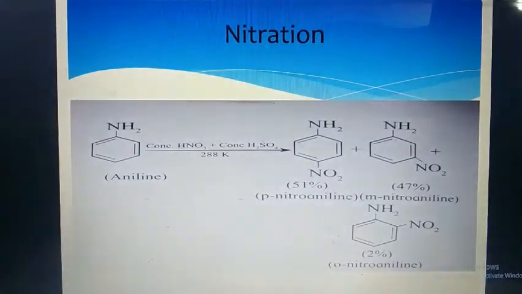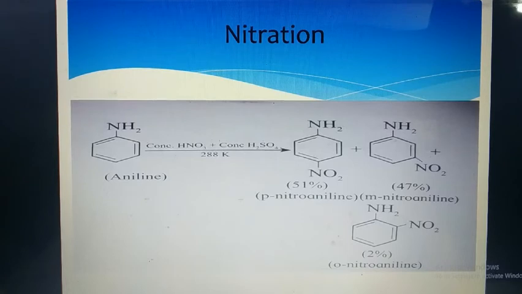Next we are going to see nitration. In nitration, the NO2 group gets attached to the benzene ring. In bromination, bromine group; in nitration, NO2 group. So here aniline when it reacts with concentrated HNO3 and concentrated H2SO4 at 288 Kelvin, we get para-nitroaniline 51%, meta-nitroaniline 47%, and 2% of